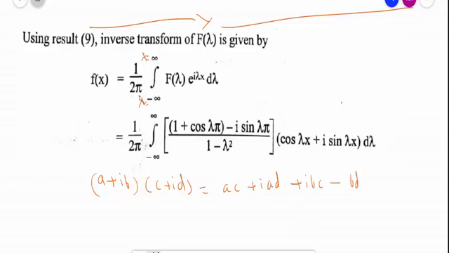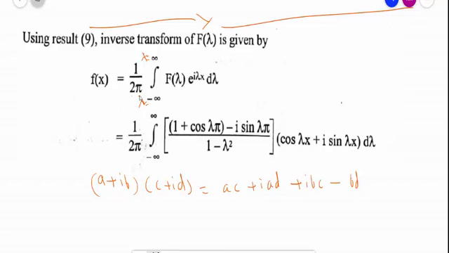because if you simplify this, we should get the required answer in terms of x only, not in terms of x and lambda. That's why these limits must be limits of lambda. In this way you have to remember this result. This result we already took from the chart, and we also discussed how such types of formulae occur in previous lectures. So substitute the value of f of lambda. This square bracket denotes the value of f of lambda which we earlier obtained.